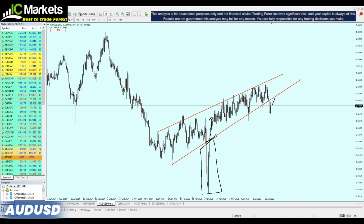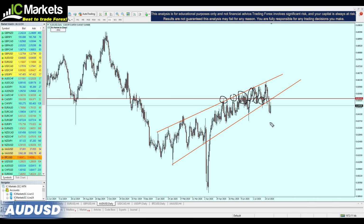But also, there are actually some tools that can help us right here, such as the resistance right here, as you can see. Let me just tell you exactly at 0.651. So this actually has been a real level of a resistance all the way right here. Then after the bullish breakout happened, it became a support number one, support number two, then instantly has been broken out from. So meaning the resistance right here exactly at 0.651 is the nearest resistance to this bearish breakout candle, which means if the AUDUSD will continue the rise, it actually has good chances of not only retesting the broken level of a support trend line, but also